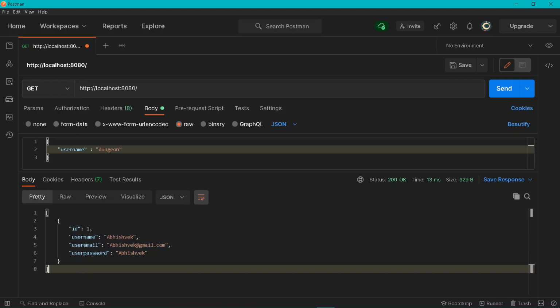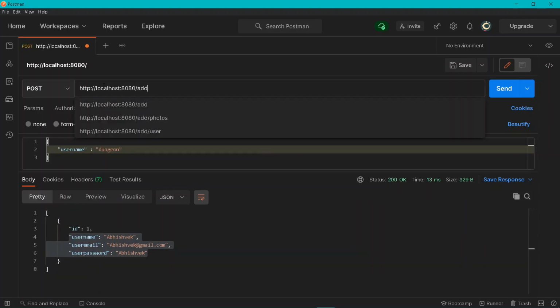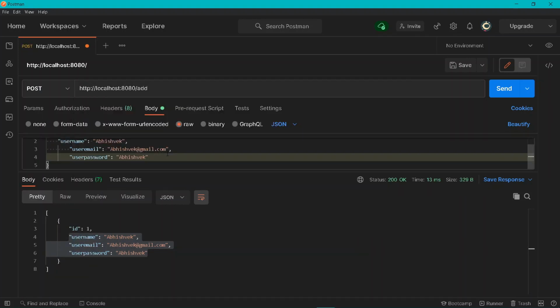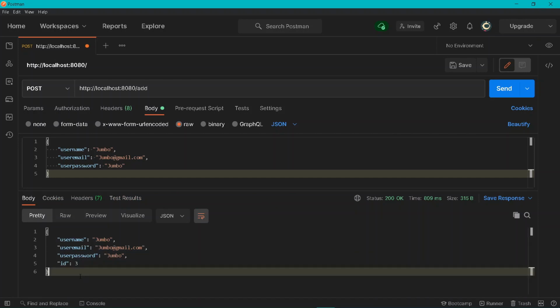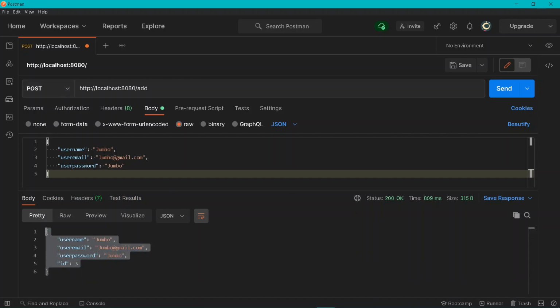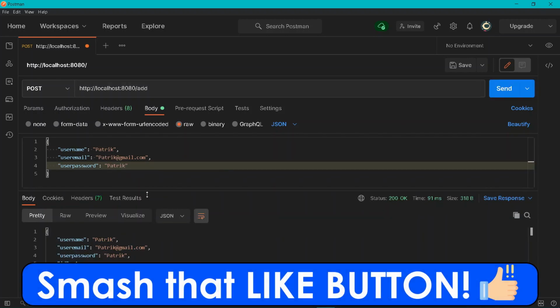So now let's try adding some more users. So for that purpose, let's go under post. Let's add the following properties. Let's beautify it out. And here I will be adding a new property. Cool. We have added a new user just right here. Let's add some more users of Patrick. Let's try sending it out. Cool. Let's receive all of our data.